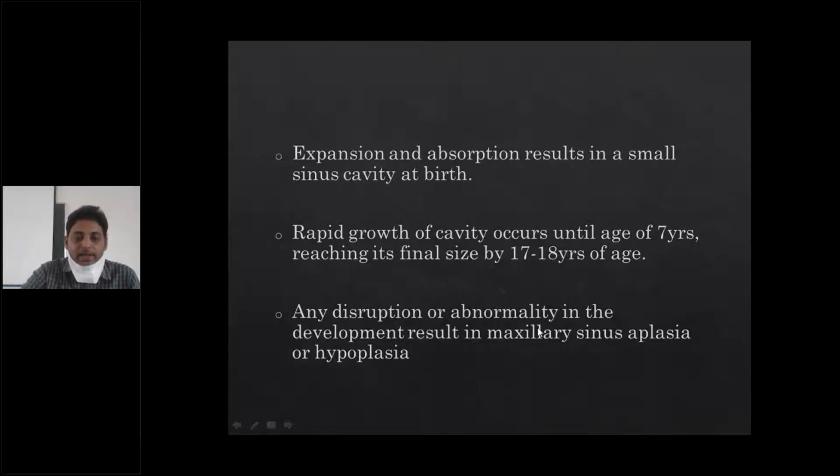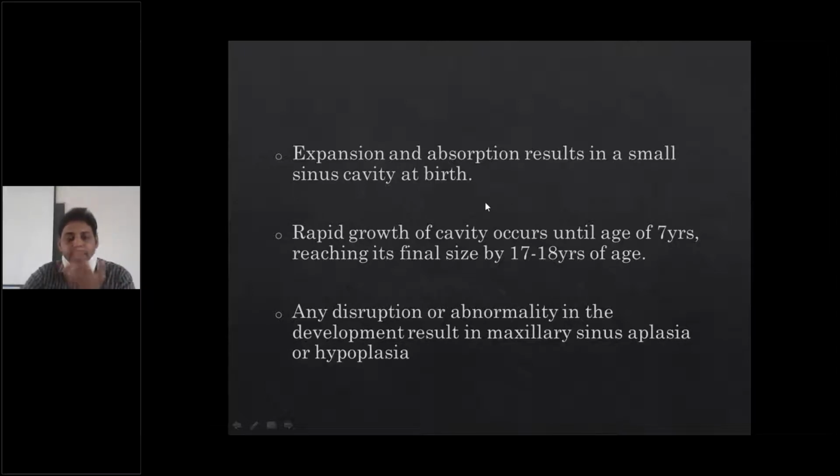Any abnormality or disruption in the development of the maxillary sinus leads to hypoplasia or aplasia of the maxillary sinus. Coming to the clinical point of view, what does that mean regarding the development of the maxillary sinus? How will you identify the aplasia or hypoplasia of the maxillary sinus? When you see an X-ray of the patient, a skull view, a Waters view, you will be having